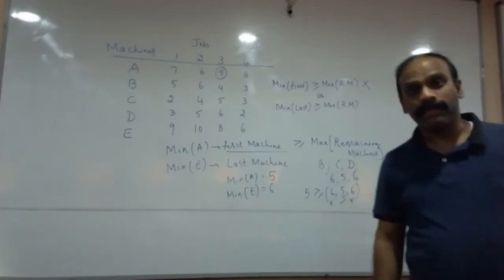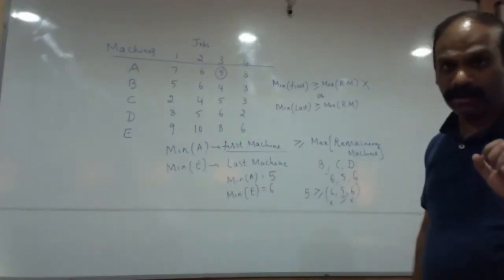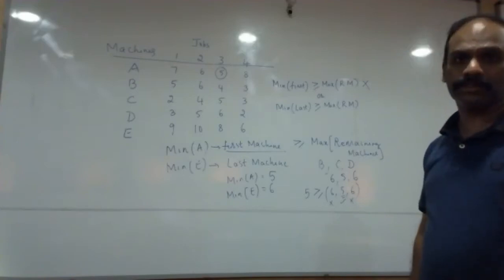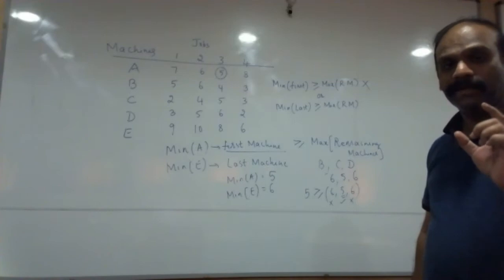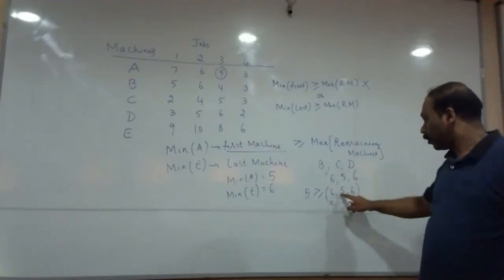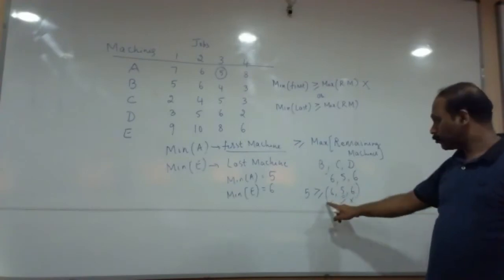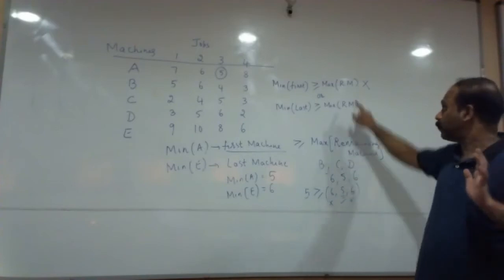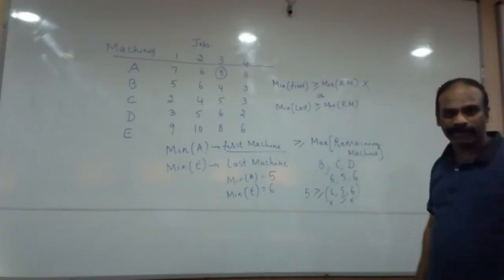Whenever we say the condition has to be satisfied, it should be satisfied for all the 3 remaining values. You cannot verify it for only one value and say it is satisfied. It has to be satisfied for all the 3 values. But here the 5 is satisfying only one condition. Therefore, the first condition is not satisfied.